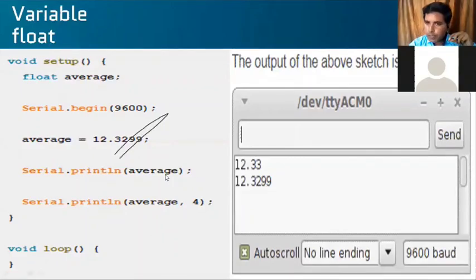If you want 4 decimal points, it will display all 4 decimal points, like 3299. So it depends on what type of value you require. If you want only the average value, it sticks to only 2 points after the decimal. And if you write 5 here, it will give 5 values after your decimal point. So to get these values, you have to define it here as float.